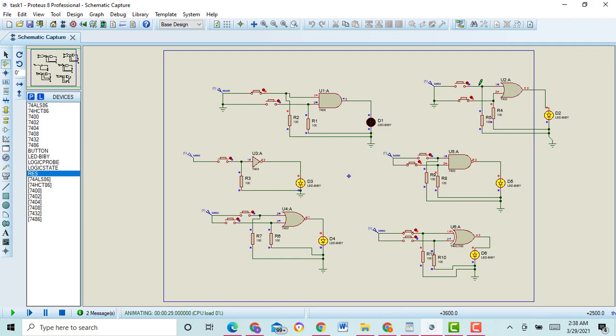And here you can see in this circuit, in the OR gate circuit, if you give only one logic to the OR gate, then the LED will glow at the output. And here you can see only one logic is given to the OR gate, and the LED is in glow mode. And here you can see, when I open both buttons, then the LED will be off. And when I push one button, the LED will be on, and when I push the two buttons, then the LED will also be on.